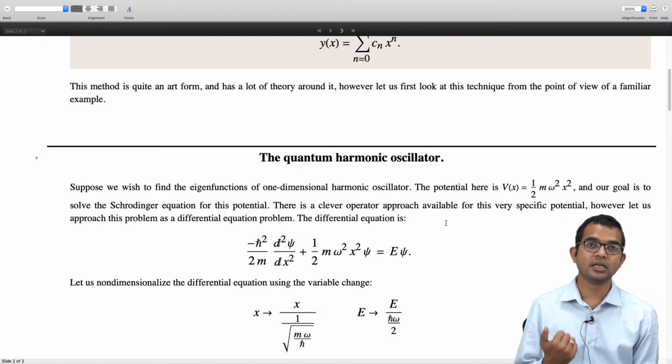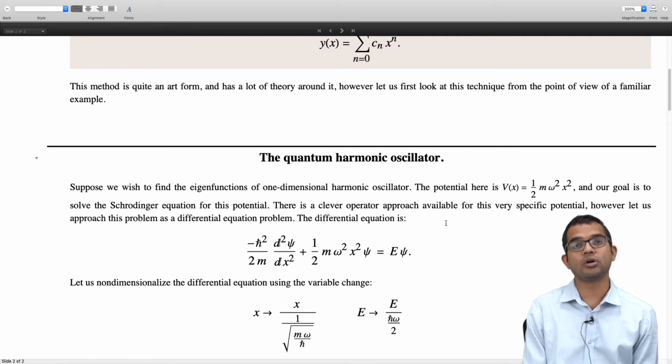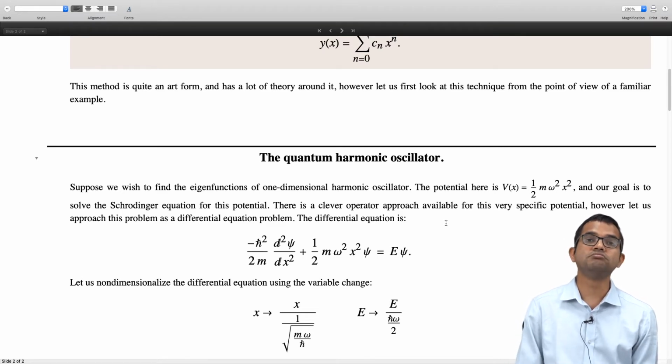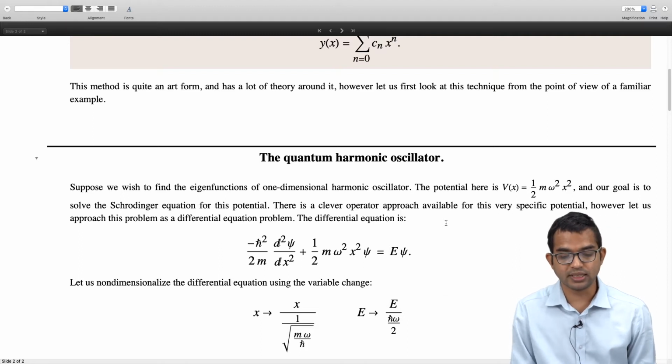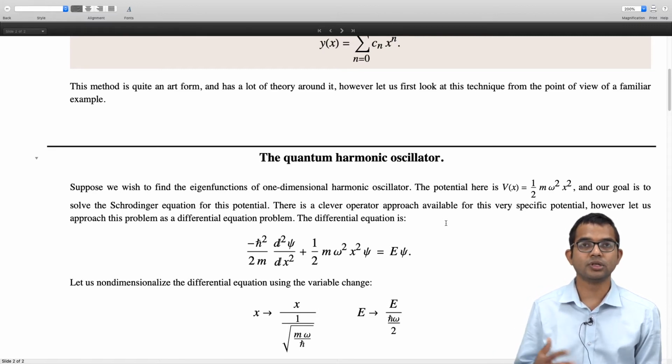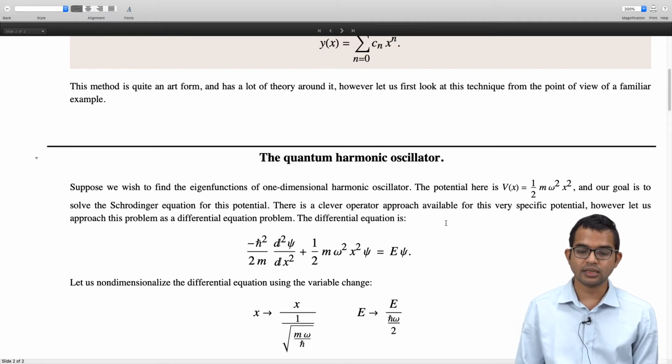But now we see that the Schrodinger equation applied to the quantum harmonic oscillator also leads us to a very important problem. So this time around, it will tell us how to use the power series method, right? There is no doubt that this problem is of great importance, and it appears in all kinds of contexts. So it is good to understand the solution well.